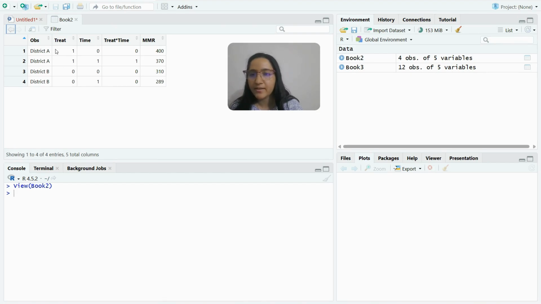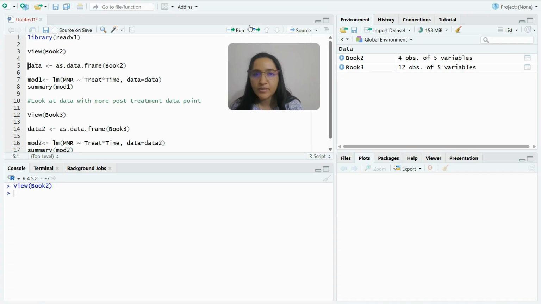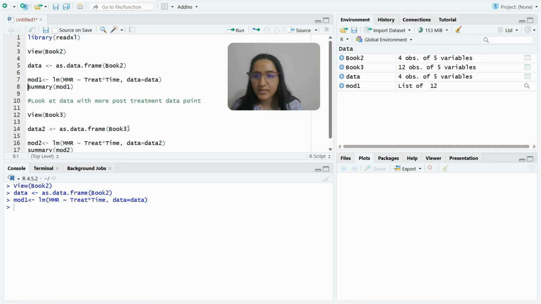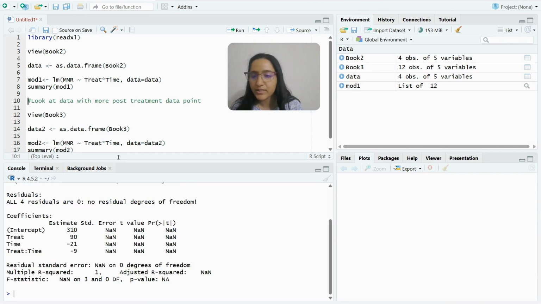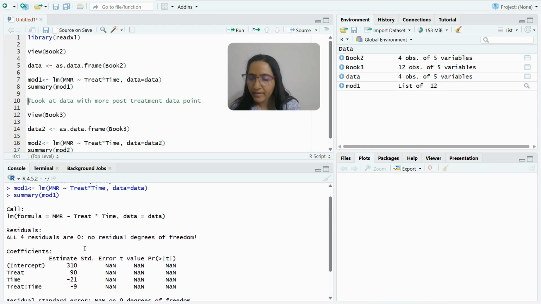You can see here that there are four observations, district A and district B. And it's the same data that we have been seeing earlier, right? So there are four data points for two districts. Let me read this data into the data frame, and then let's run this model, model 1, a linear model, where the MMR is the outcome, and then we have treatment and time. And then when we run this and see the summary,